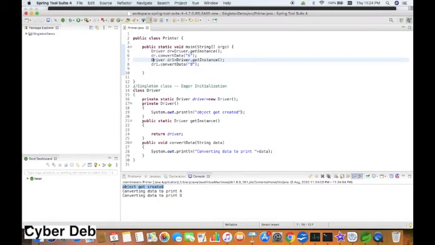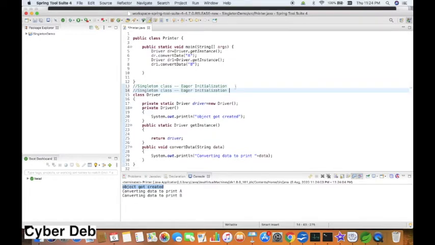But if you go for the second type of singleton class, that is lazy initialization, we will look at how to do it, because we don't need this object to be created before it is required.